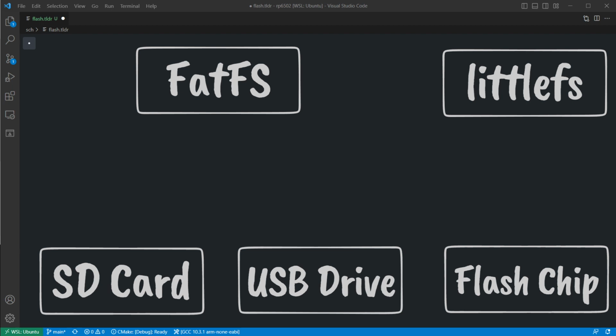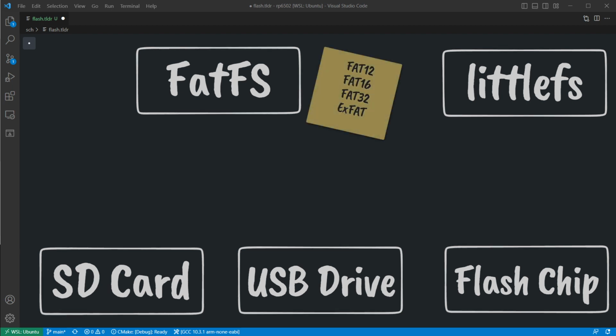Now, there's a lot of file systems to pick from. If you need to exchange data in the most compatible way, a FAT file system is the best option. If you buy a new SD card or USB drive, it will almost certainly be formatted for FAT. There are different versions of FAT: FAT12, FAT16, FAT32, and exFAT. Your operating system will pick one based on capacity when you format the drive. The only thing to watch out for is exFAT, since some devices and libraries won't support it. exFAT also uses a patented algorithm from Microsoft, so you'll want to look into that before releasing your project.